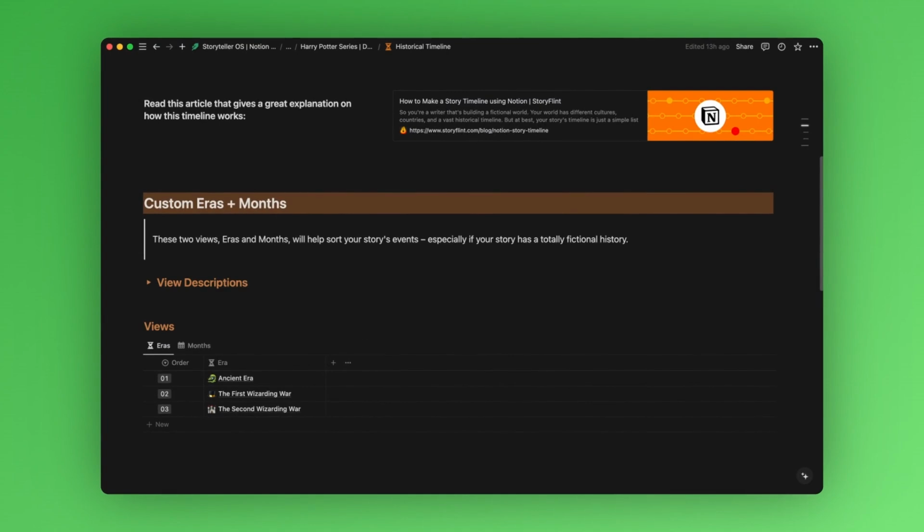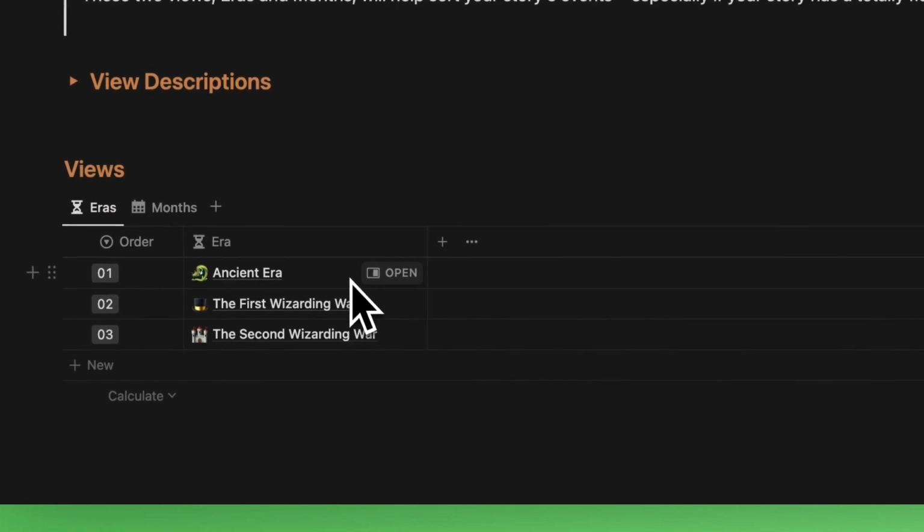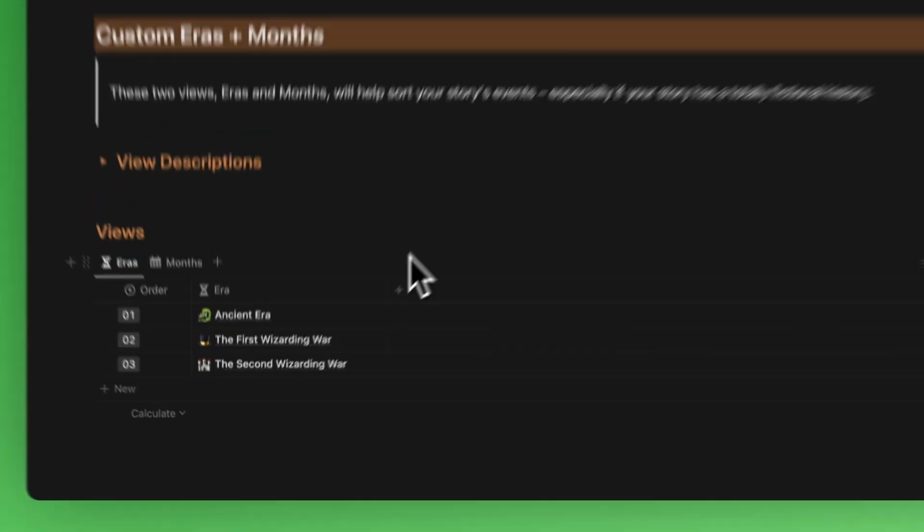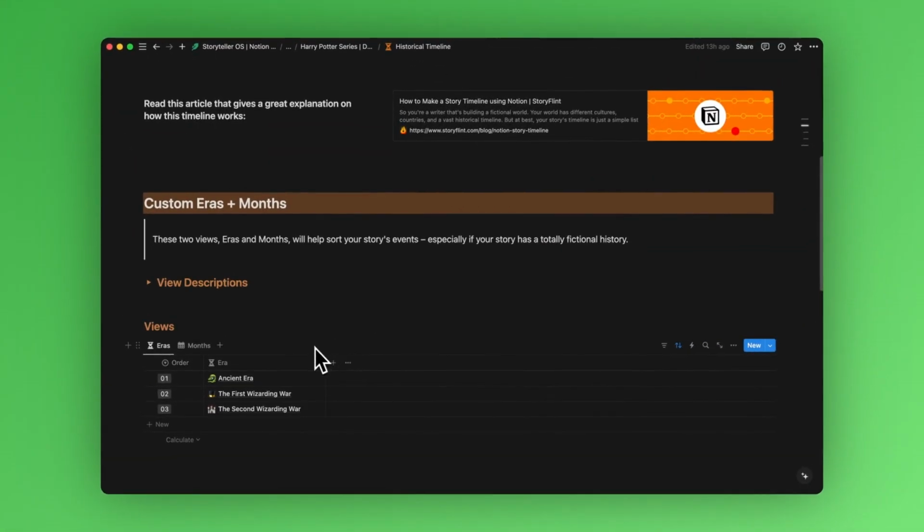Eras are unique time periods that break up the history of your world. Just like the ages in Middle-earth from The Lord of the Rings, where the year count resets with each new age, you can use eras to organize important events in your story. This can also organize events in your world's history that happen during or right before your tale starts, as well as ancient times, similar to these example eras of the Harry Potter universe. Plot out what eras your world has in this database.